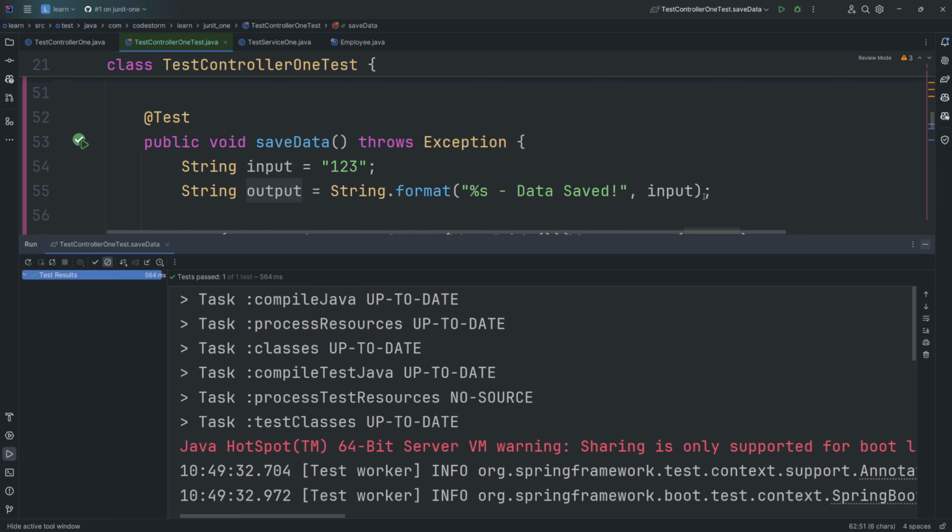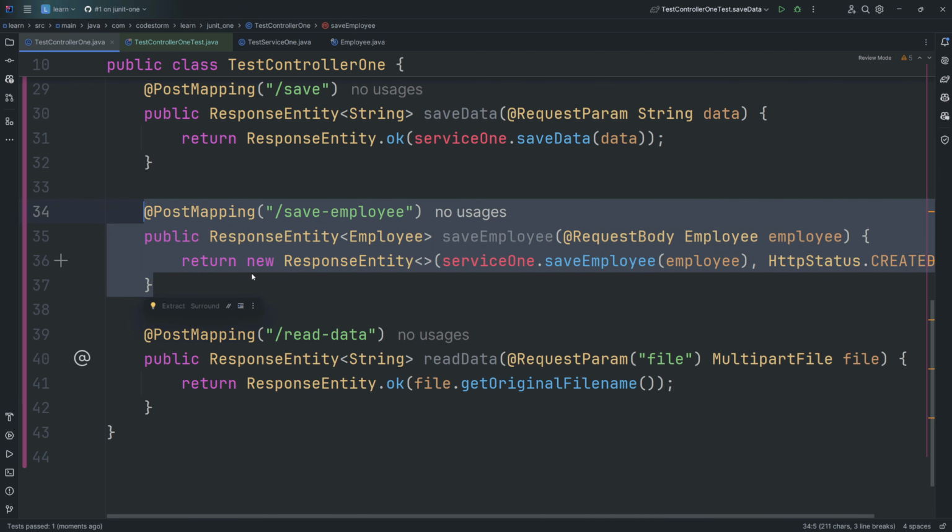Now let's go to the fourth example in our controller layer. Here, the HTTP request type is post and the path is save employee. The return type is employee wrapped inside a response entity. The fourth one is what is the input. So we have an input this time as well, that is employee. The fifth one is what should be the